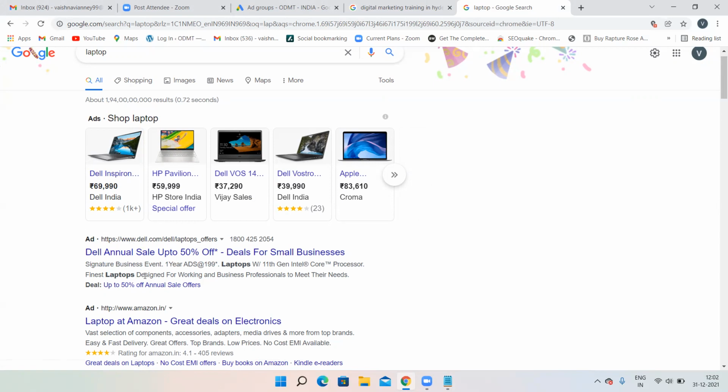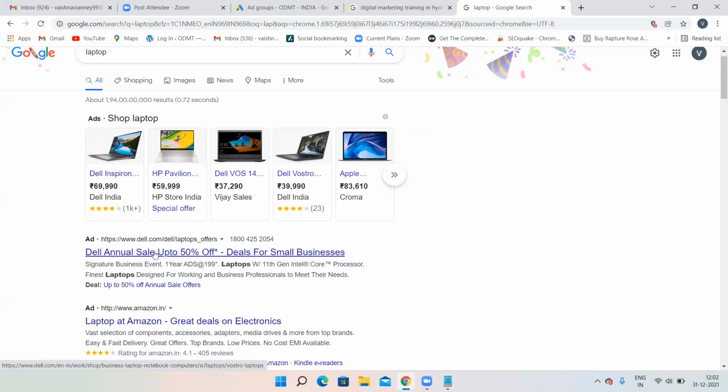But medium scale companies or small business owners should not go for search network campaigns if they have an e-commerce website. Unnecessarily, people will be clicking on your advertisement and you will be losing your money because people are not going to purchase. What is the search network bidding type? It is CPC. When they click, you will be losing money.